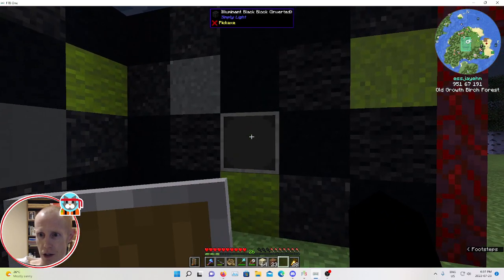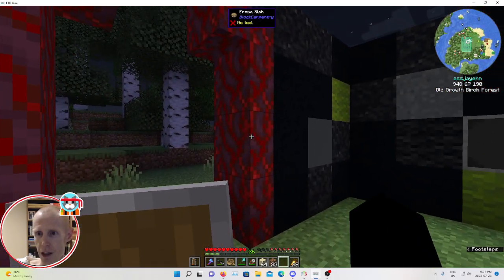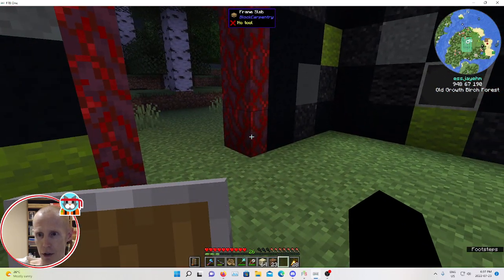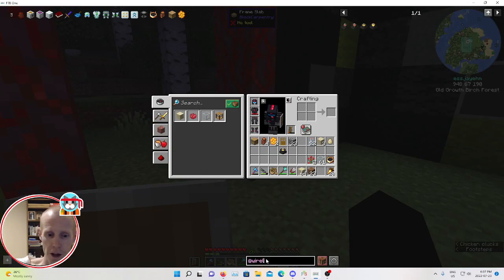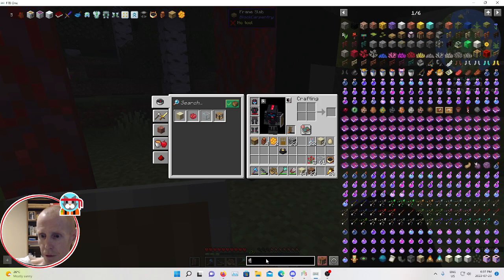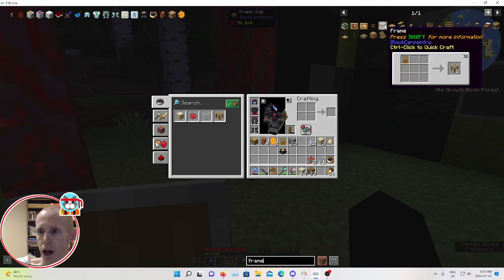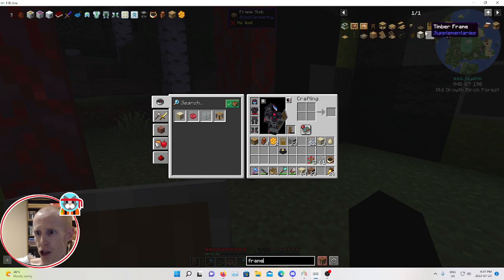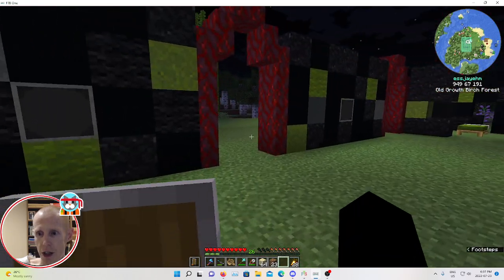And then what these guys are, luminant blocks, that's providing my lighting. And these guys are frame slabs. So there's all these different things that you can do with the frames. Block carpentry is the mod that they're from. But you can make all the different shapes, and then you can make these whatever slabs, stairs, and out here